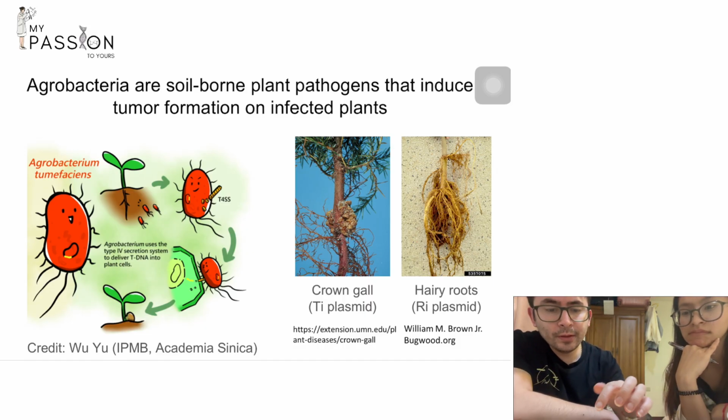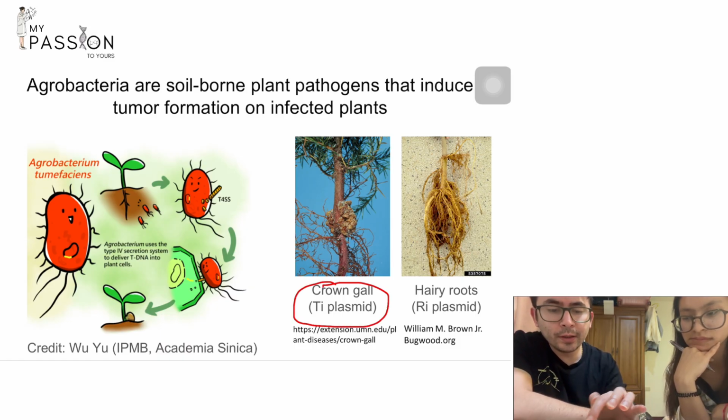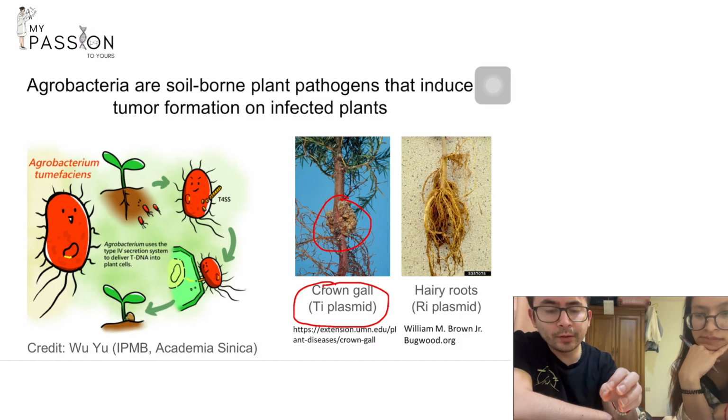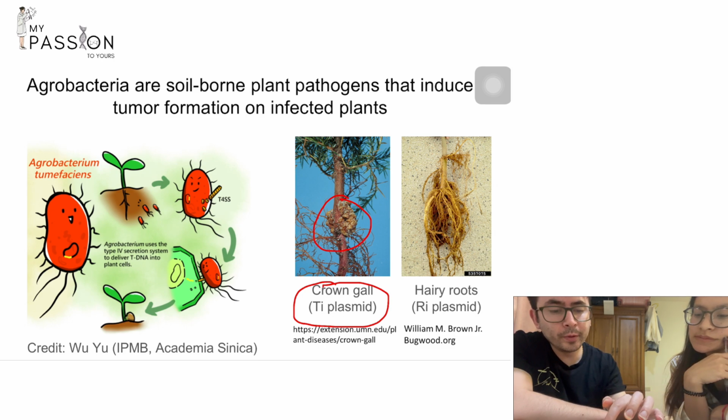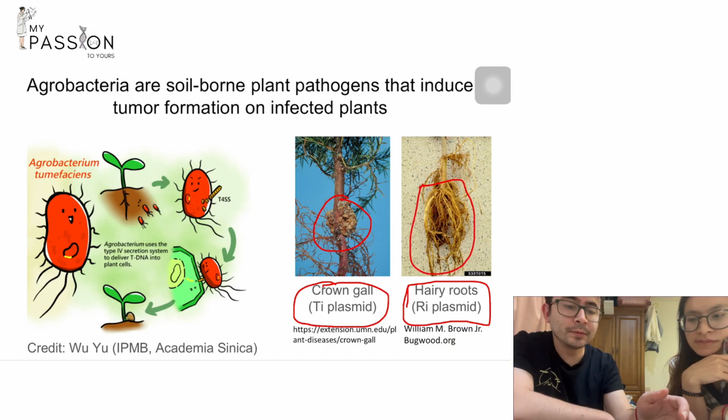So here we can divide the bacteria either in crown gall producing. They are called like that because when they infect the plant, they produce this undifferentiated mass of cell mass in the infection site. Or we categorize them as hairy root producing. And here you see a lot of roots coming from the plant, but actually these roots are not the natural roots from the plant. They are produced by the bacteria, and you can distinguish them from normal roots because these ones have a lot of hair. That's why they are called hairy roots.